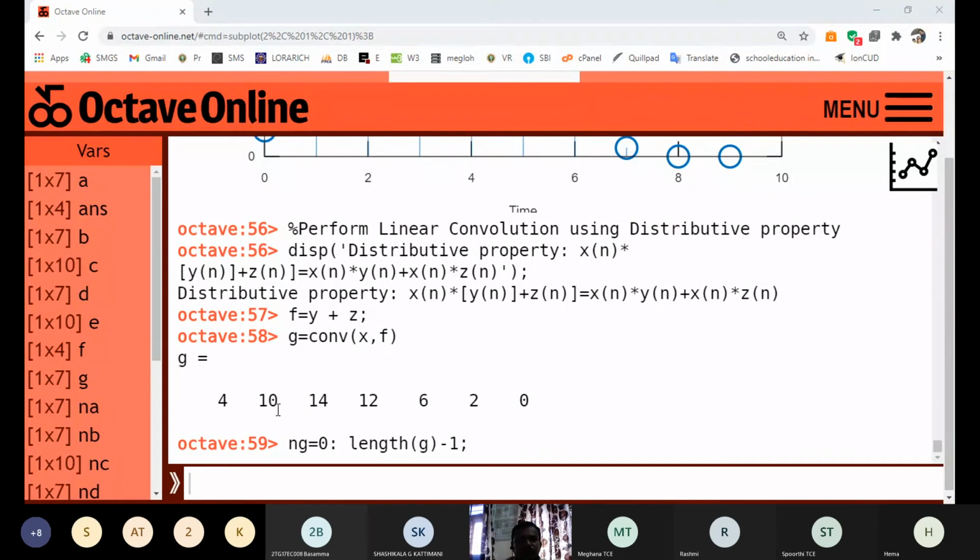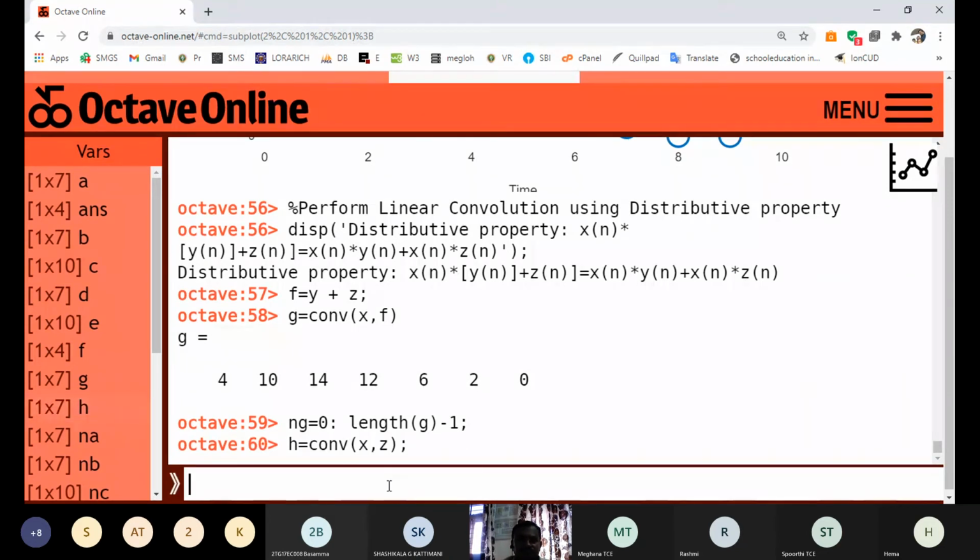Then perform the calculation of x and z on the RHS. It is calculated by h equals the convolution of x comma z. Okay, we got h.